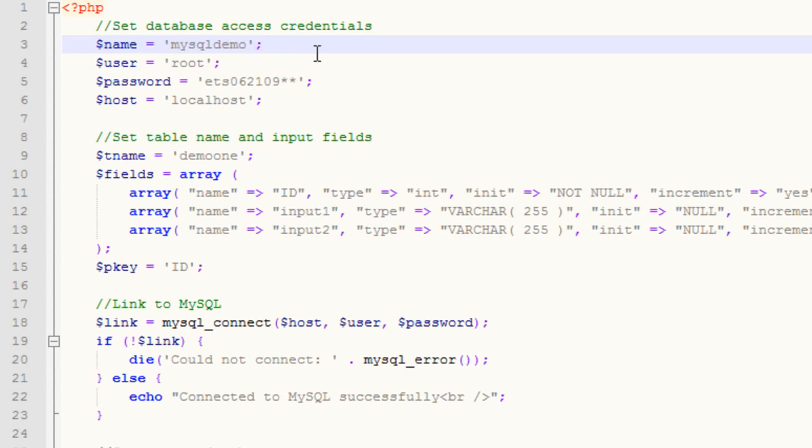In yours, if you've already created the database, you would just put in the name of the database that you've already created, and then you would leave out this part where we actually create the database. You wouldn't need to do that because you already created it. All right, so that all said, next we set